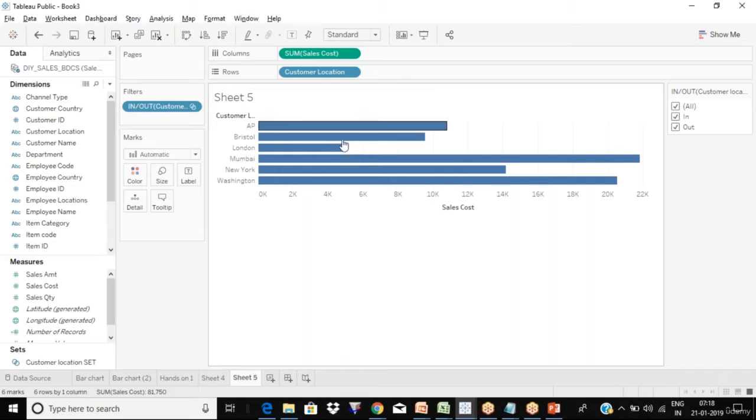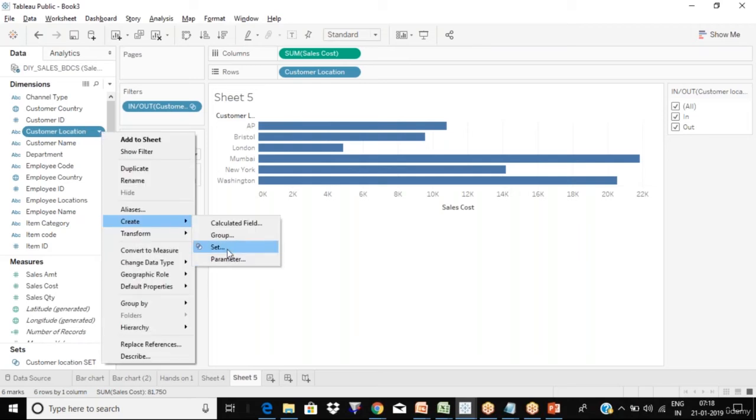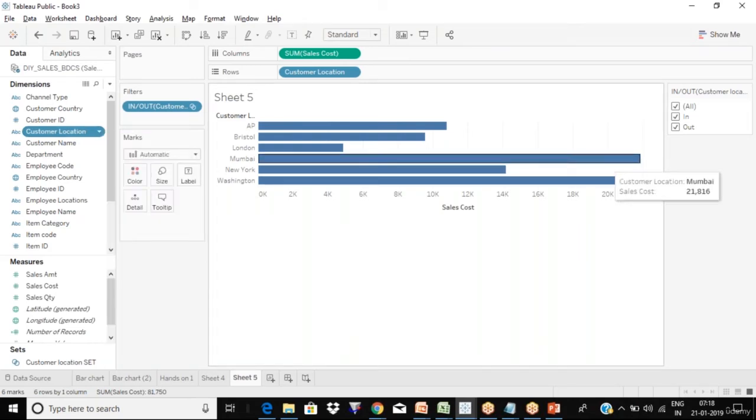When you're looking at my screen, always follow along: I've dragged customer location, sales, and cost onto the view, and you also do the same thing. Then I tried creating a set, and you know how to create a set now. And then play with this in/out option. Let me know if you face any difficulties.